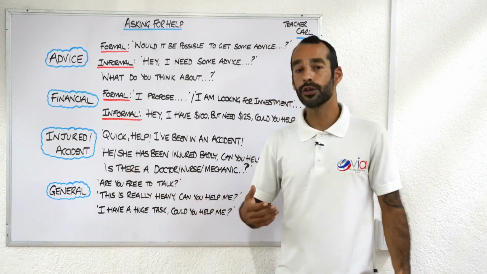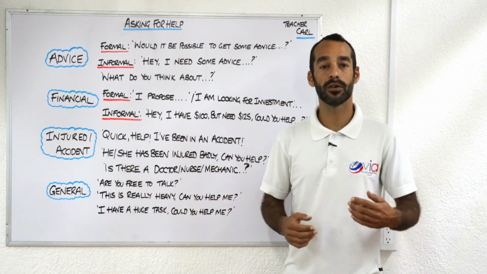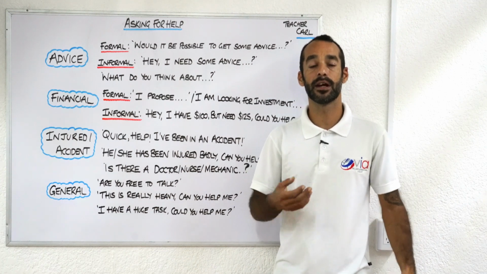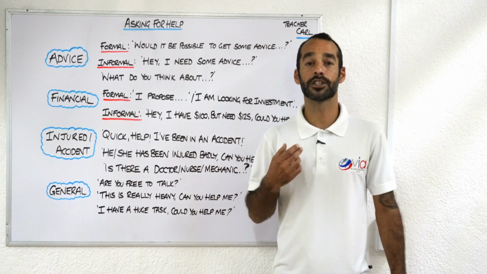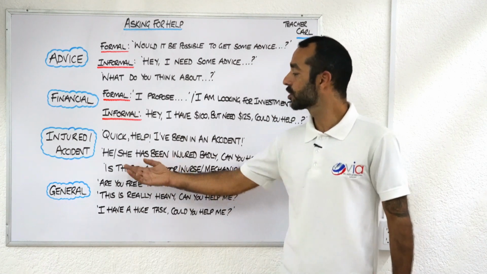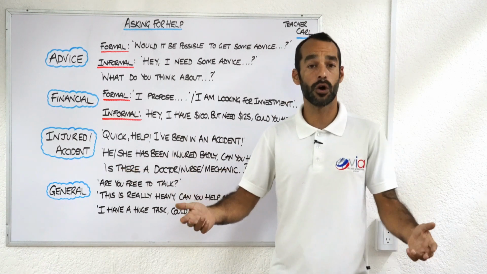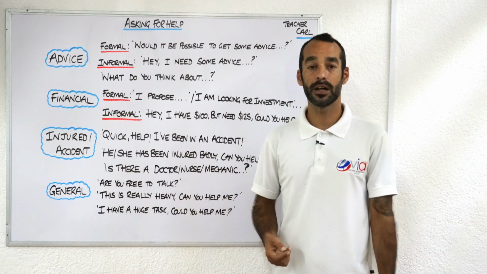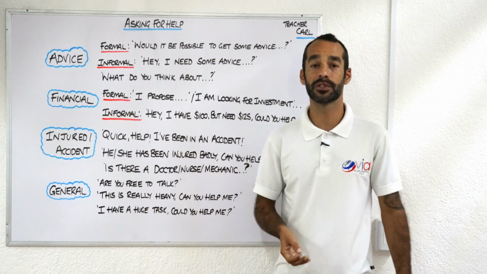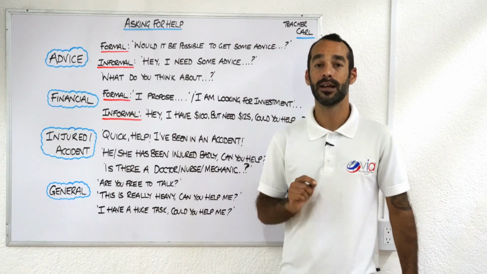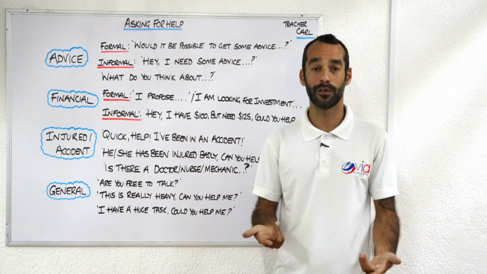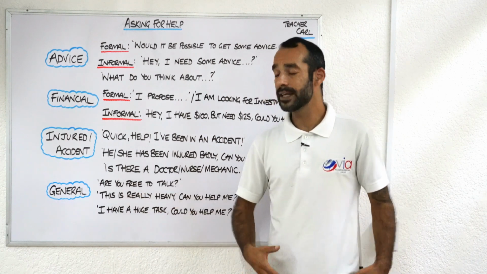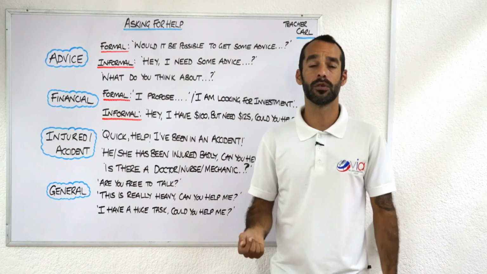And finally, usually when there is an injury or an accident, people will ask for somebody in the specialized area that they know will be able to offer specialized help. So for example, people may ask, is there a doctor or maybe a mechanic or a nurse? These kinds of people have specialized skills and they will be exemplary when they need to offer help in particular situations. And finally, maybe you just need some general help.